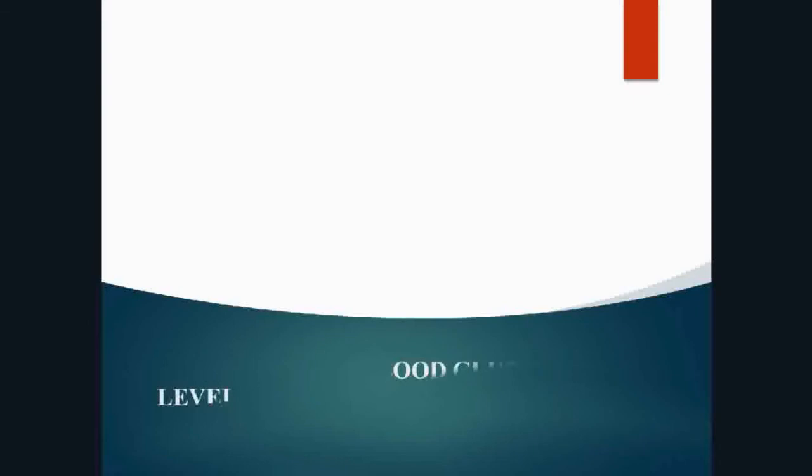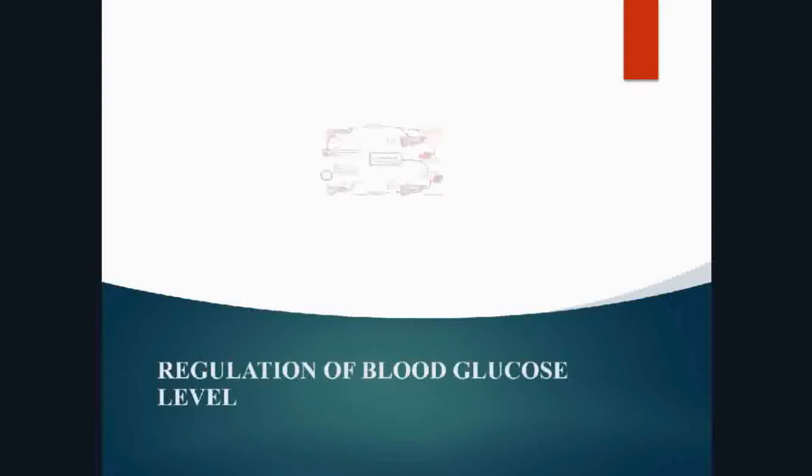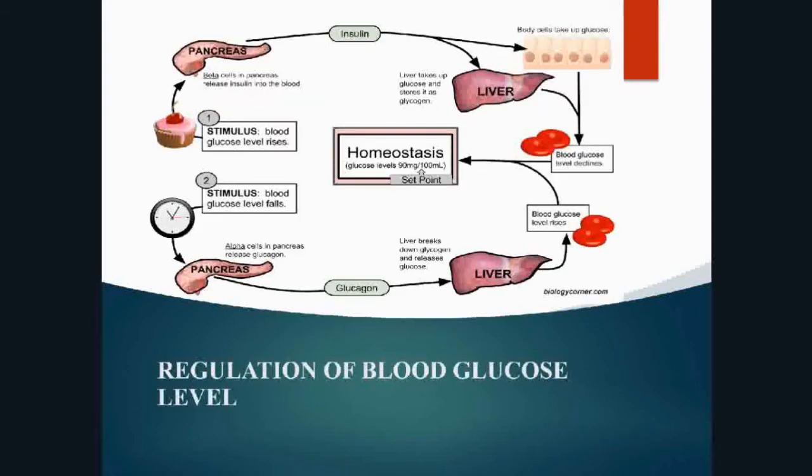The regulation of glucose level in blood is a part of negative feedback system. Normal blood glucose level lies at 90 mg per 100 milliliter of blood. Whenever it rises above its normal level, beta cells of pancreas produce insulin hormone. Insulin reduces blood glucose to its normal level either by storing it in the liver as glycogen or by stimulating